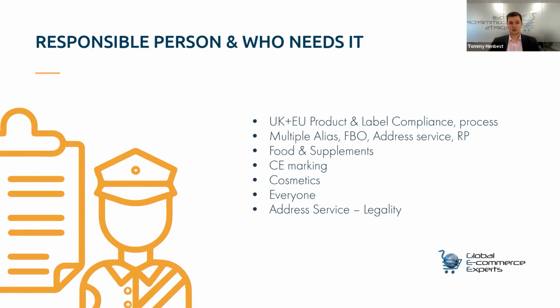So who needs it? Well, everyone needs an address on their product. With the responsible person, there are lots of names. It can go under food business operator, an EU address, a responsible address. But if you're a seller and you don't have an economic operator in the region, so in Europe or in the UK, you would need to have an address on the product in the region you're selling in. When I say region, what I mean is you need a UK and an EU address after